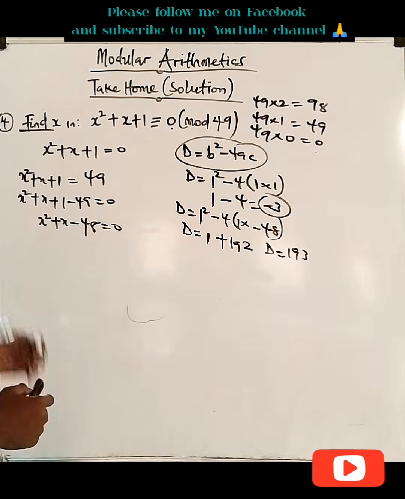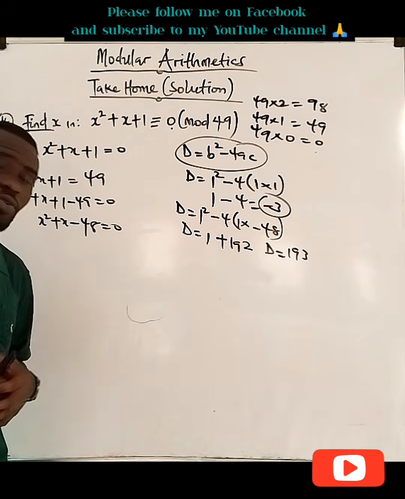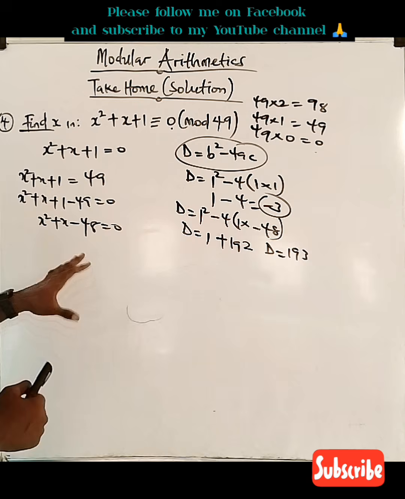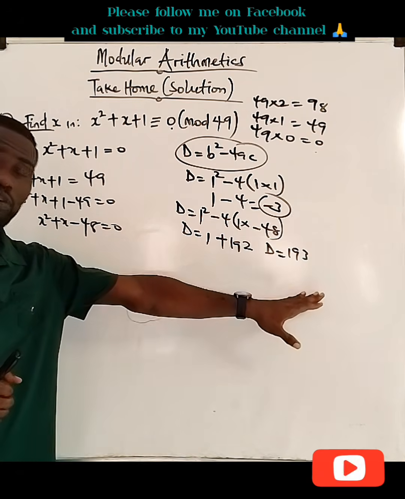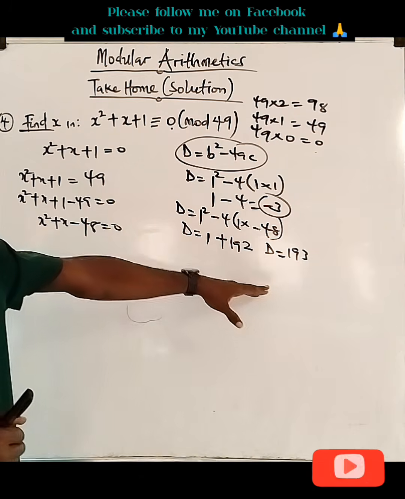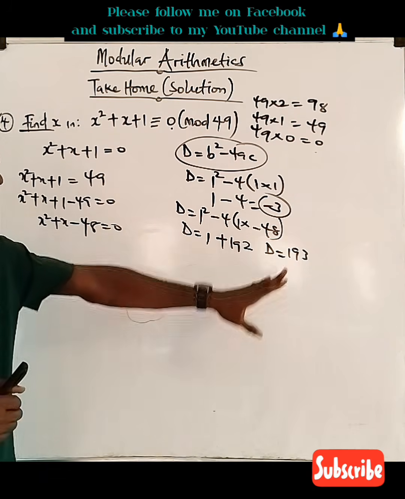But don't forget that if we use the formula, minus b plus or minus the square root of b squared minus 4ac, over 2a, that means you're going to get the square root of 193. So that is if you use the formula method. The square root of 193 gives us some decimals. So I don't think